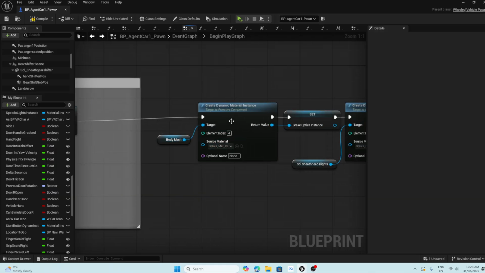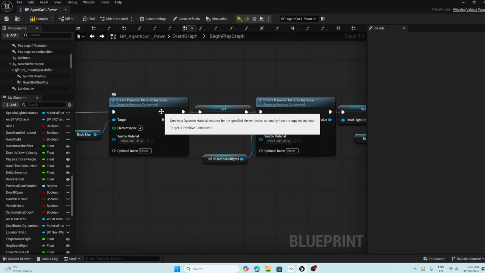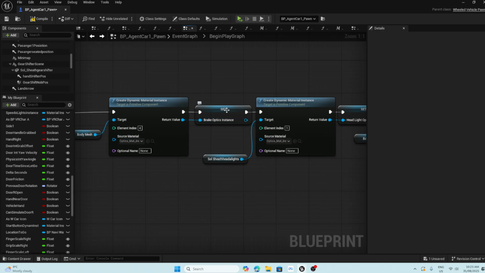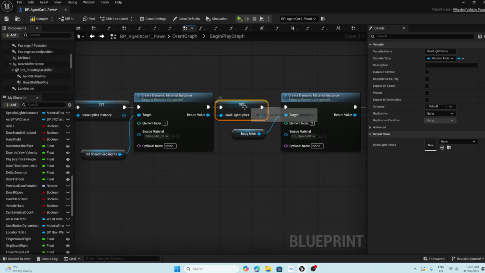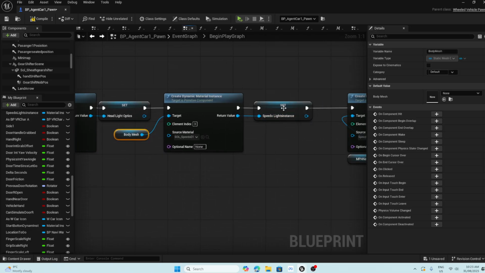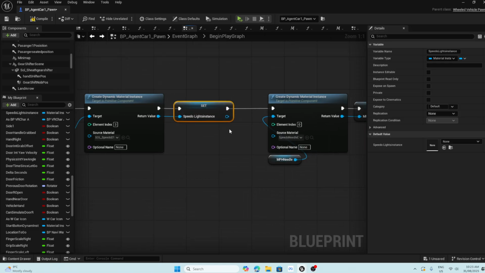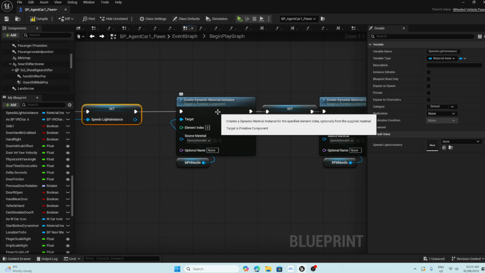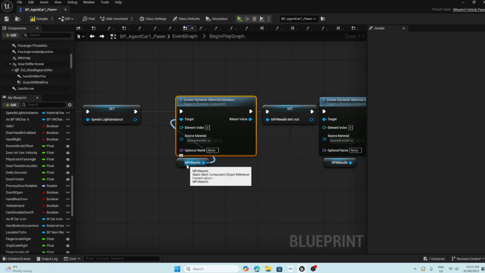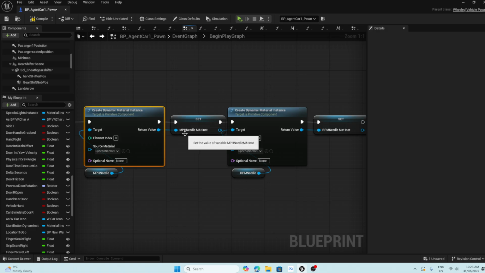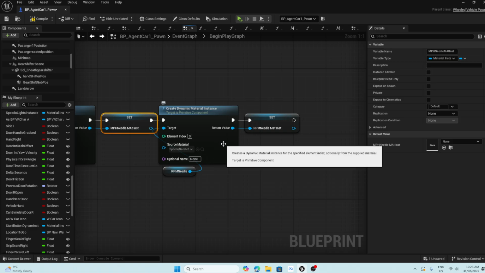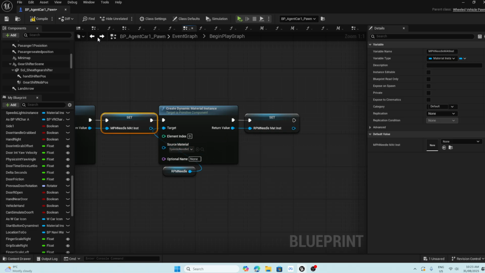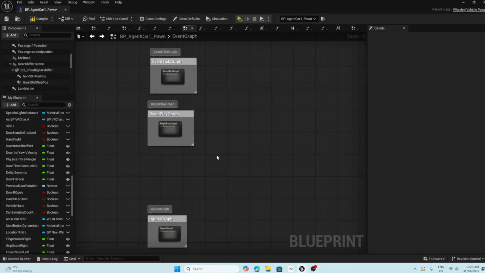We get our body mesh. We create dynamic material instance for the optics, our brake optics instance. We create another dynamic one. We get a headlight optics for our body mesh. We get our speedo light instance, our miles per hour needle. We set that to an instance, and we also set the RPM needle to an instance. That's it for begin